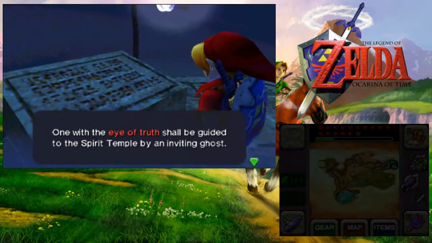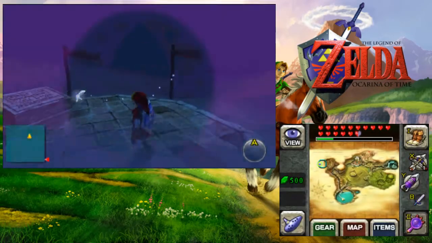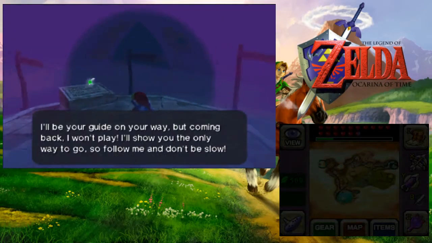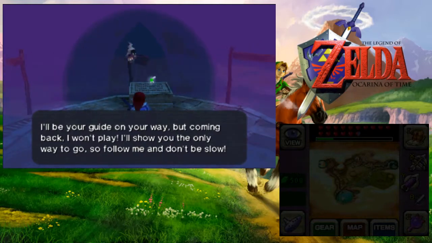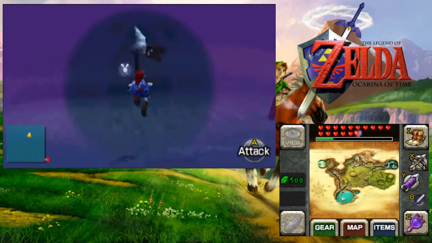One with the Eye of Truth shall be guided to the Spirit Temple by an inviting ghost. I'll be your guide on the way. But coming back, I won't play. I'll show you the...